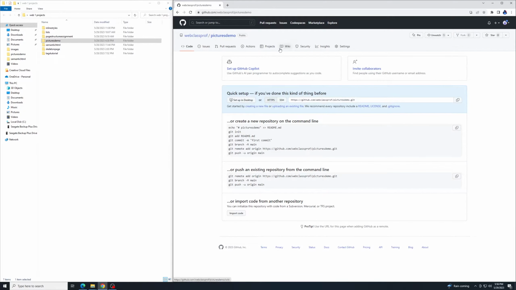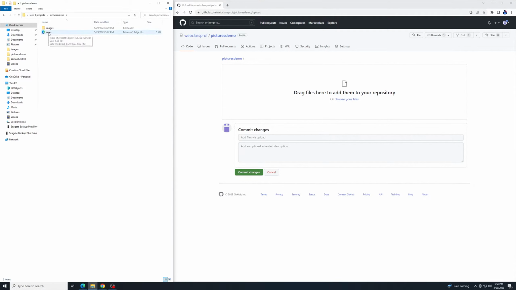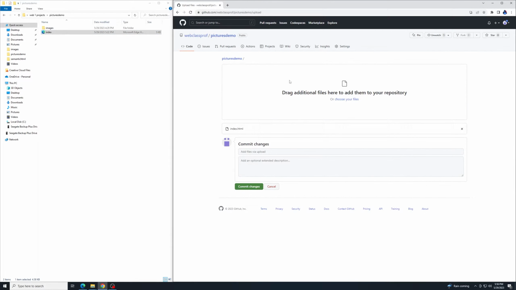Alright, now it takes us to this screen, and we've seen this multiple times through class. We know to go down here to where it says upload an existing file. So click on that, and then here in my little folder browser on my computer I have my pictures demo information here. First thing I will do is click and drag my index file on here,